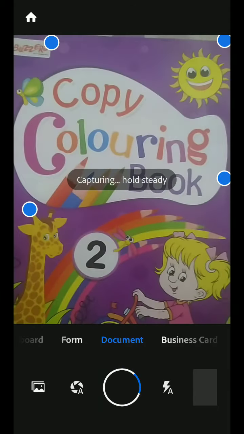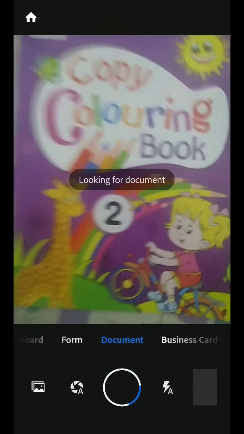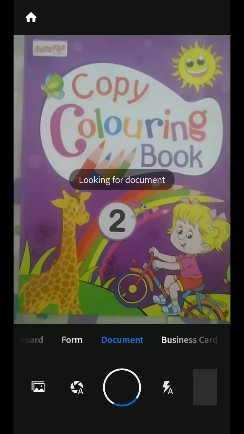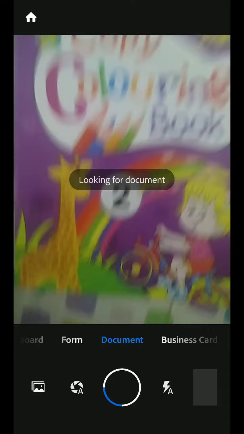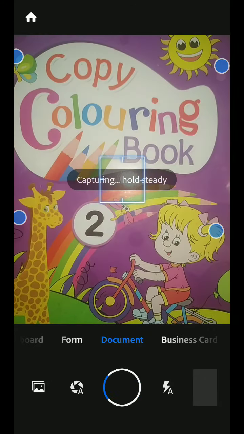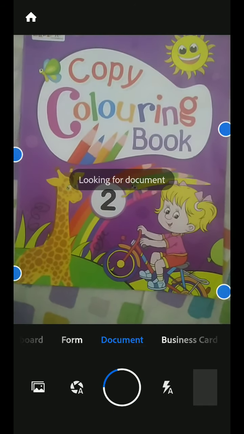To make it more colorful, I am just using some color book of my son. I'll show you how to scan it and upload it. The beauty of this software is it automatically detects and captures the document.